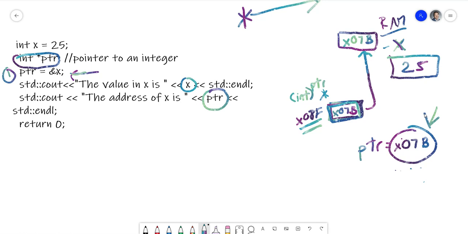So in this case, we have the address x07b, which belongs to x, right? So it's a reference. What if I wanted to print out the value of that address? Well, it's very easy. That's where the indirection operator comes in. Okay, so what we could do, and let me show you a program here,